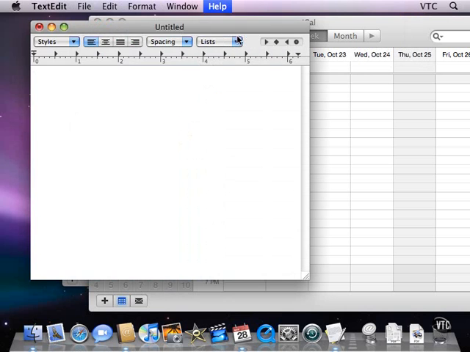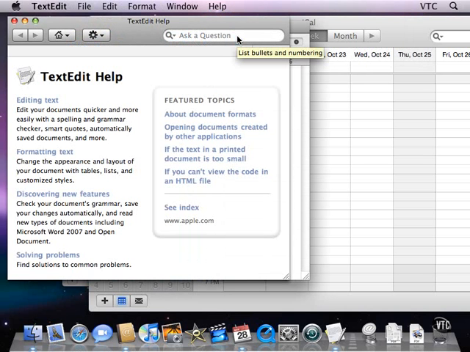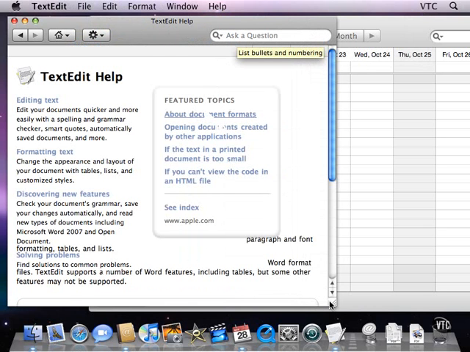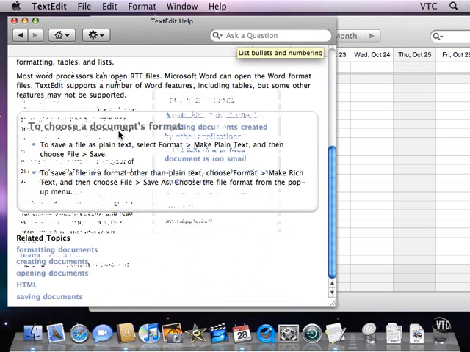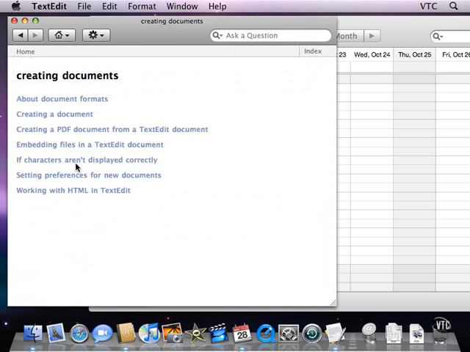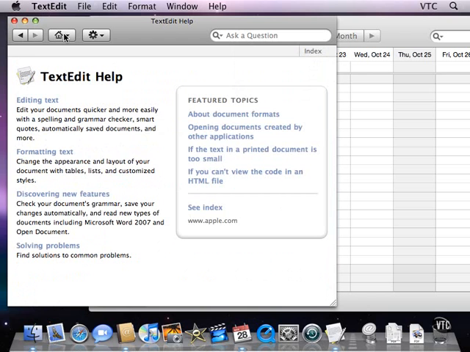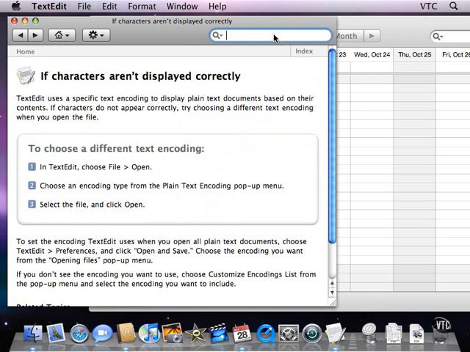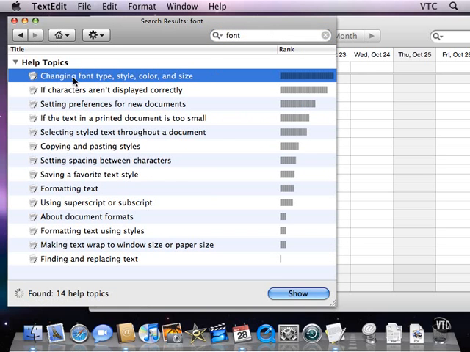In TextEdit and in many applications you only have one set of commands, and what we have here is the ability to wander through the Help syntax. There may be links that you can click on. You can go back to Home for the application, and just like in a browser you can go backwards and forwards. You can also type in something to search for, and you will get a listing of possible topics that you might want to look at, with a ranking that indicates whether they are closer or not to the phrase that you typed in. So if I type in font